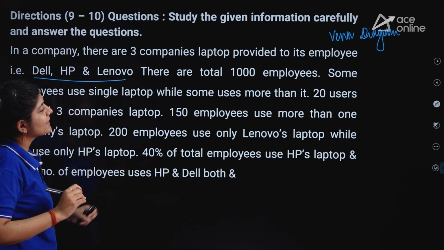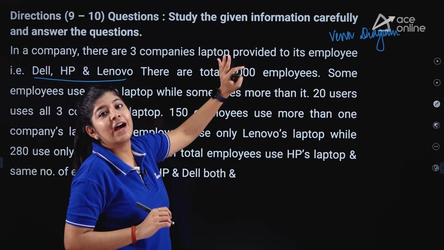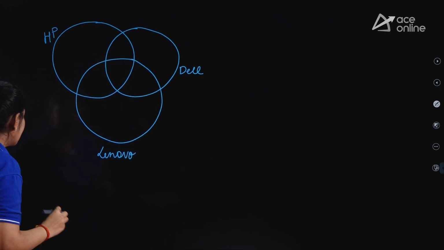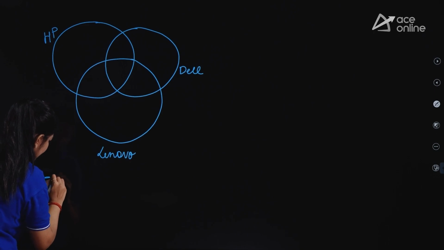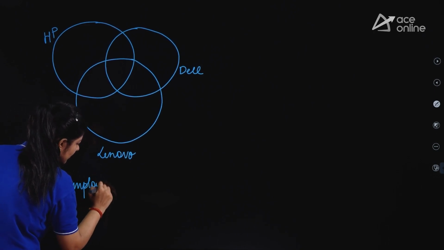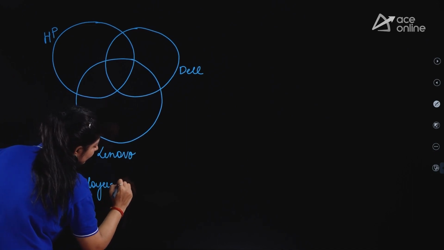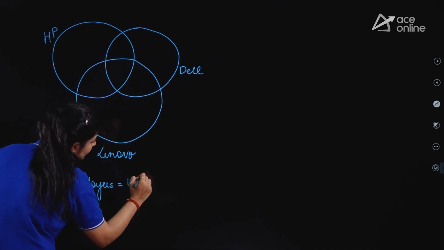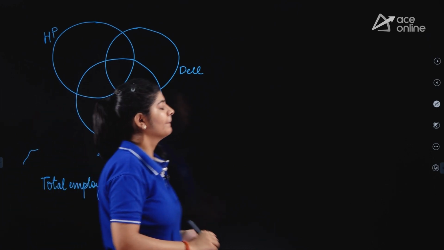The question says that here we are having total 1000 employees. Here I am writing total employees. Total employees that we are having is 1000. Is it clear? Okay. Now,